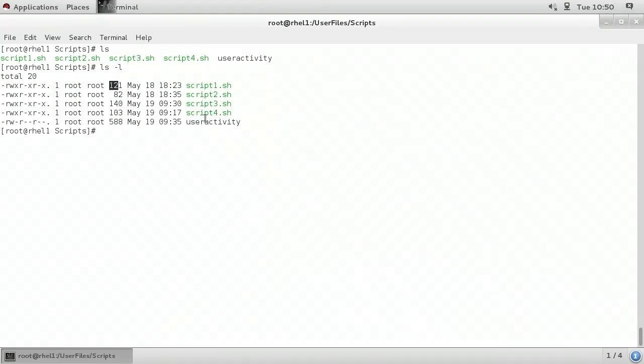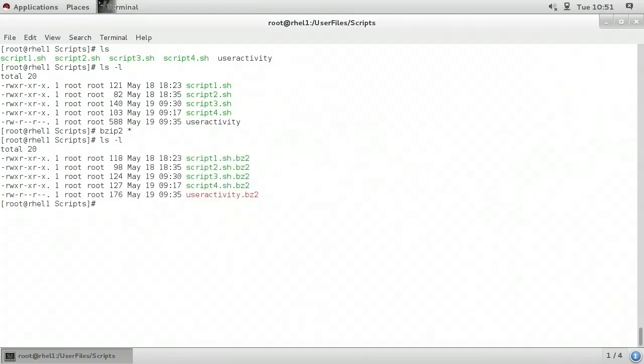bzip2 is used to compress files to save space. One way to use bzip2 is to type in bzip2 space *, which will compress every file in the current subdirectory. When I type ls -l this time, we notice that each file has been replaced with a compressed version of itself. bzip2 adds a .bz2 file extension to indicate that the files have been compressed,